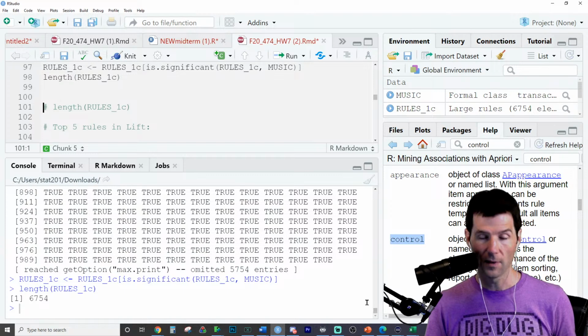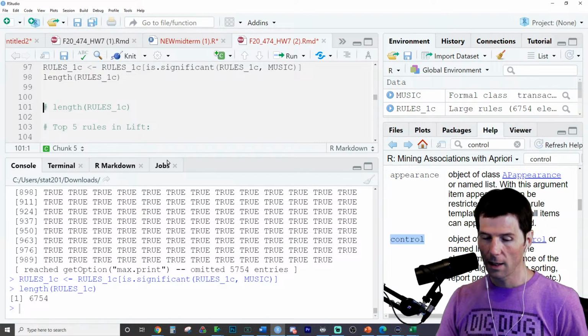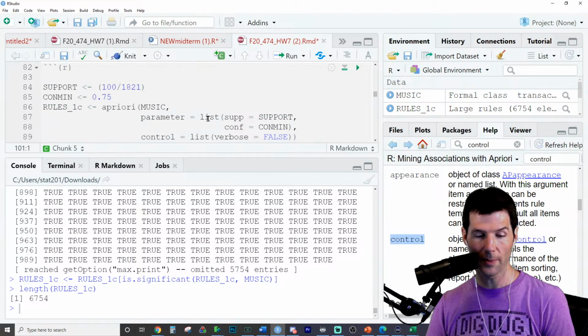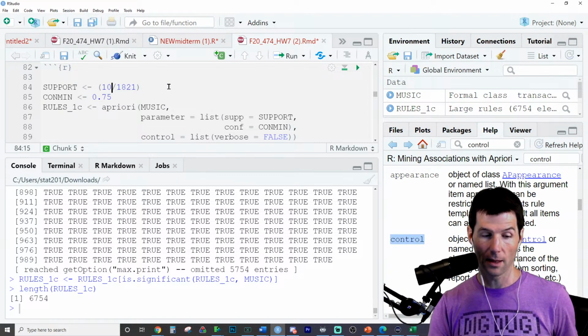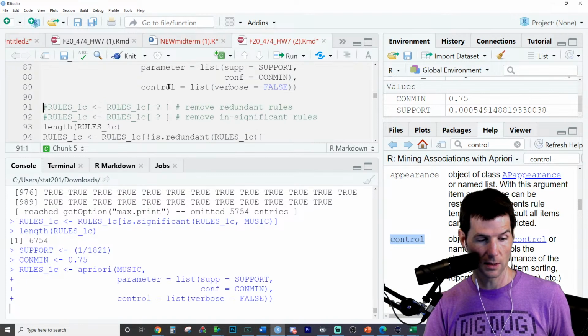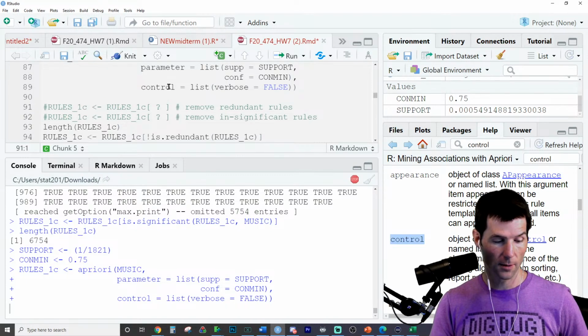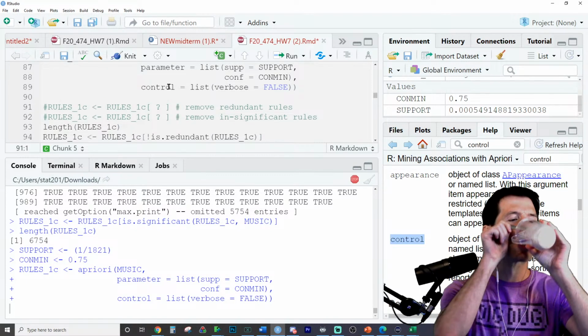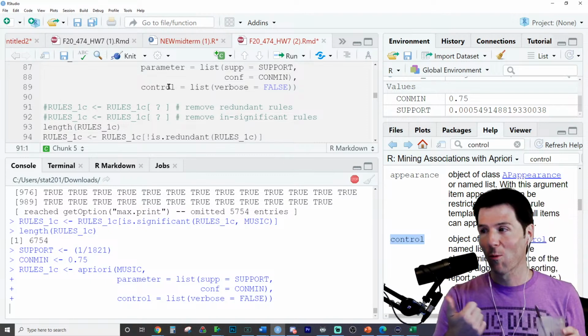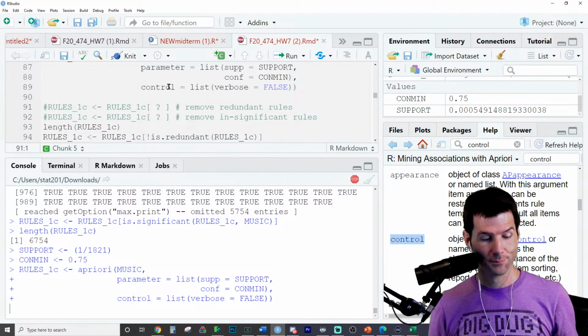6754. If you're using controls up here that are somewhat reasonable, that's fine. But if you do something ridiculous like this, don't do this. See, now it's taking longer. Don't do that.